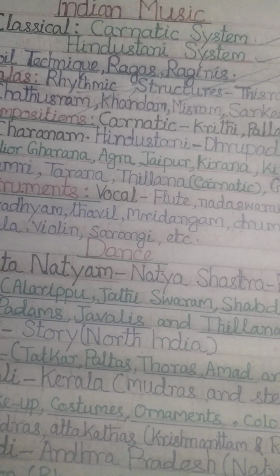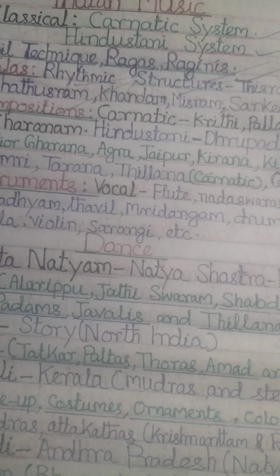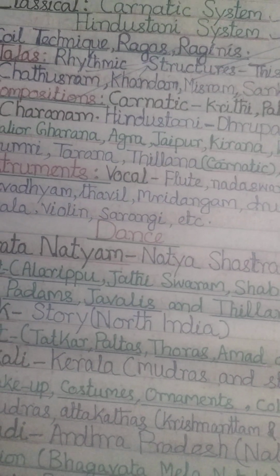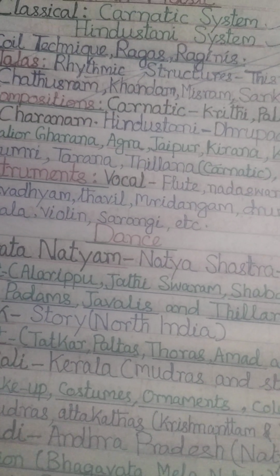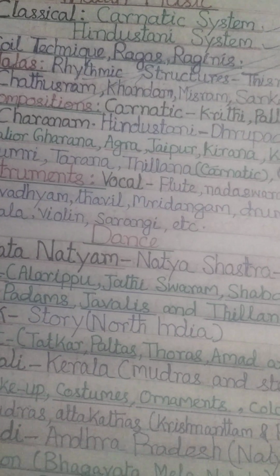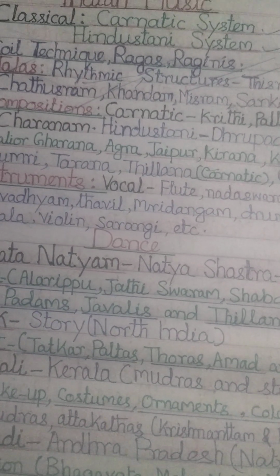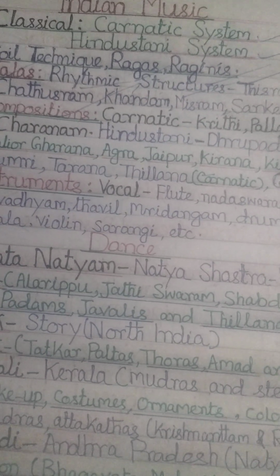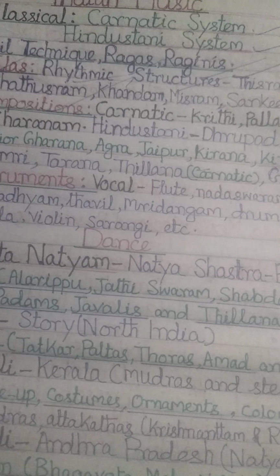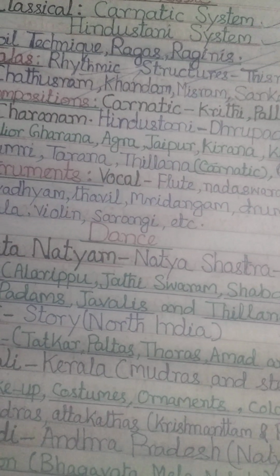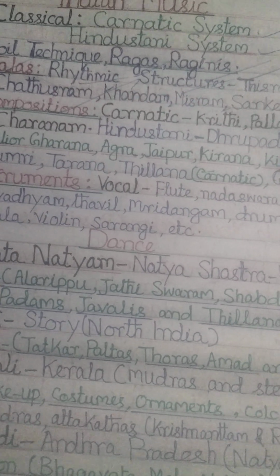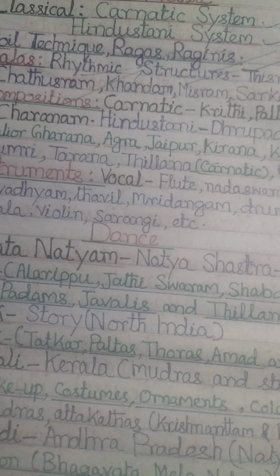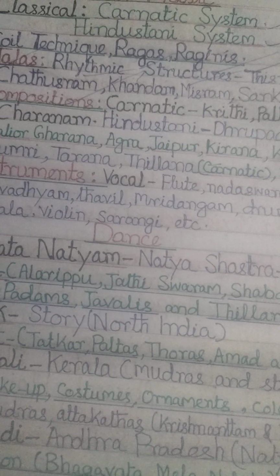The Melakartas, the 72 ragas, govern the Carnatic scheme. Based on this structure, innumerable ragas, such as the Janya ragas, derivative ragas, have blossomed. A raga should have a minimum of four notes to ensure a